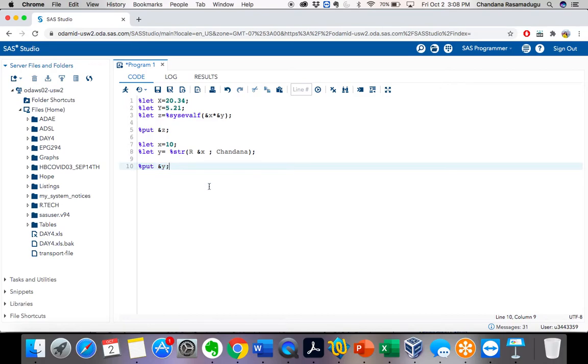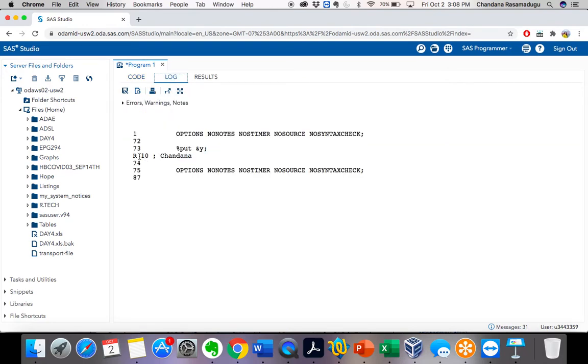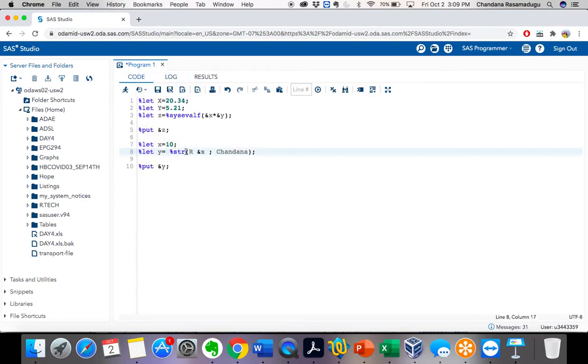We have another function. For example, now I want to remove the normal meaning of the macro signs also, like ampersand and %. Instead of printing my result like R10 semicolon Chandana, I just want to print this complete value. I don't want to substitute this x value with &x.